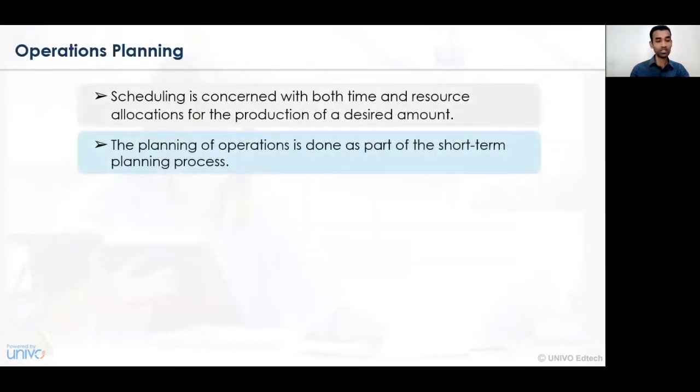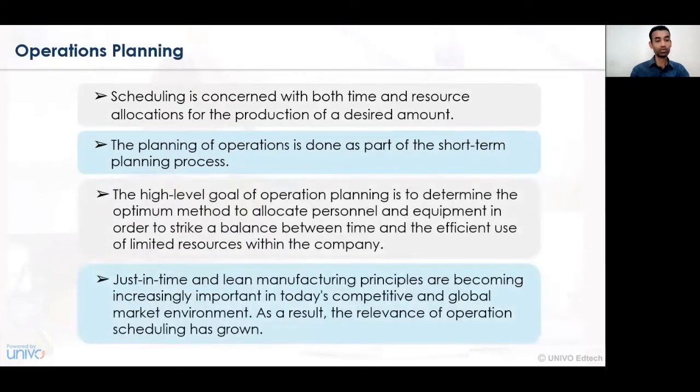Now the concept of operations planning. There is a certain correlation between the master schedule that has been prepared and the operational plan. Operational planning focuses on the concept of scheduling, which is concerned with both the time and resources allocation of the factors of production. Factors of production are land, labor, capital, material, enterprise and resources, their availability, and how all these factors will be coordinated with the operational plan and the master schedule.